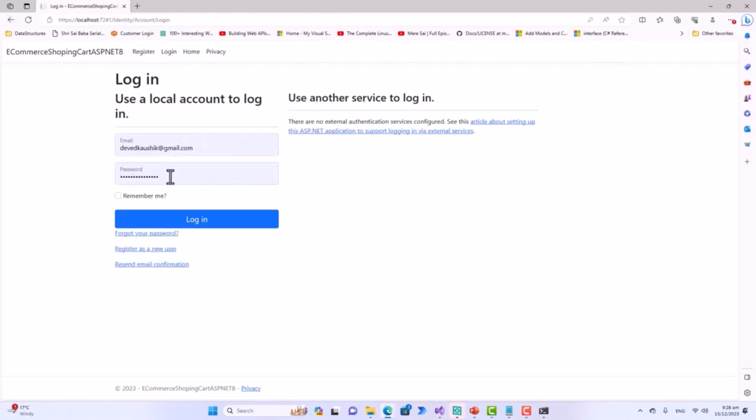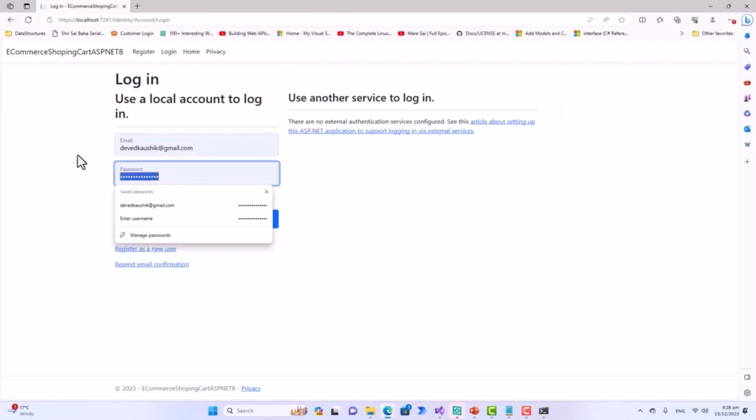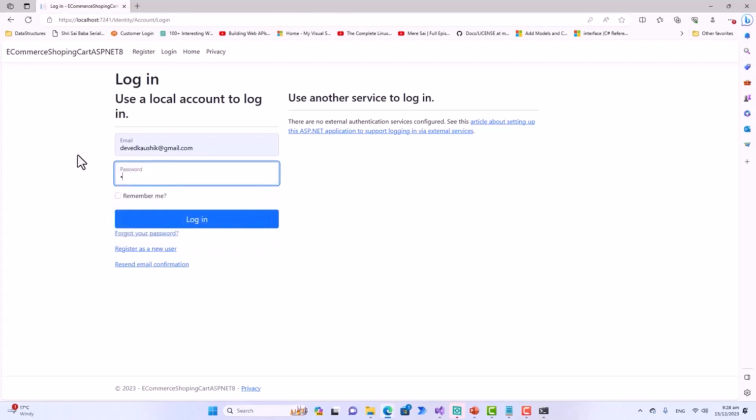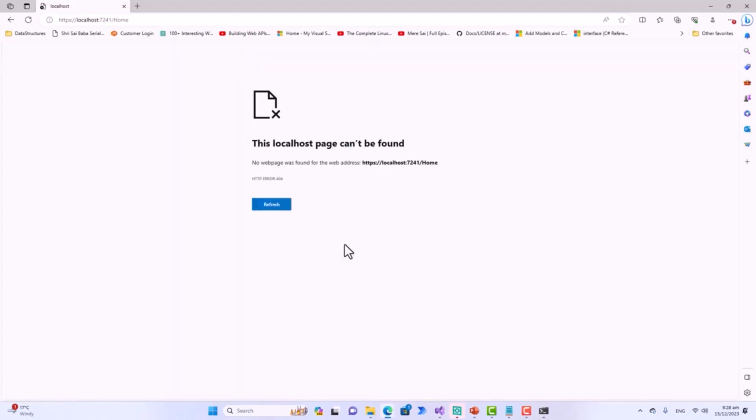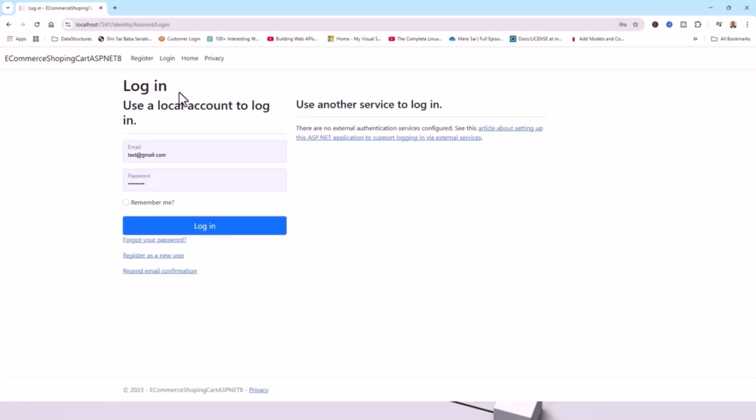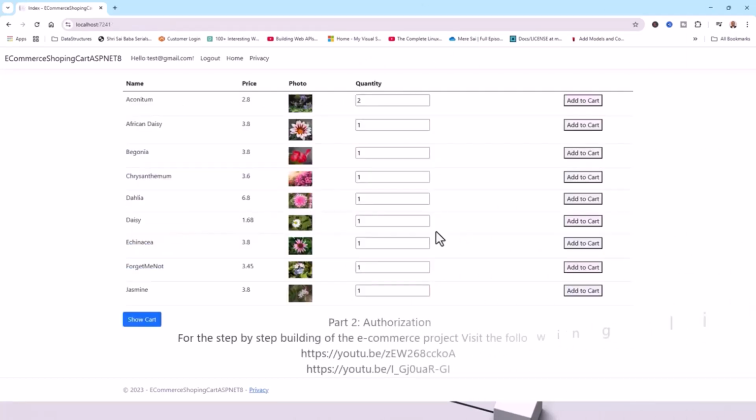Let's see, the password is again test1234. You can confirm from here and then log in, and I am logged in already. Hello davidkaushik@gmail.com. Log out. I can log out. That's it. So now you could log in, but if you log in as one user, say test@gmail.com,